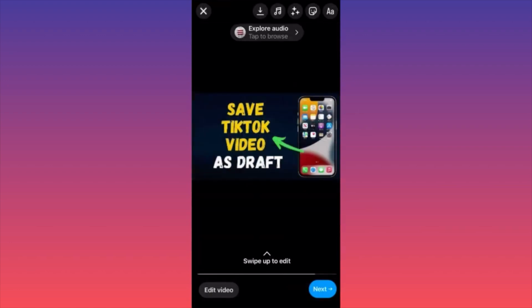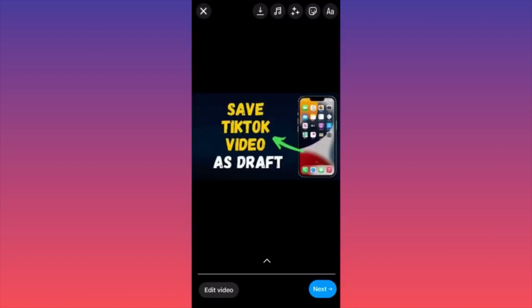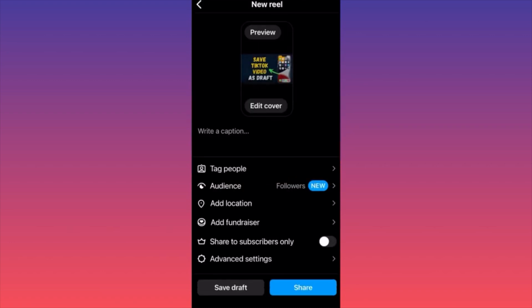Over here you can also have a couple of options. You can include some stickers, polls, ask questions, you can put the time. Anyway, you can add some text. You can actually download the reel at this phase as well. What we're gonna do when we're ready with all this, we're gonna click next again, and this is the final